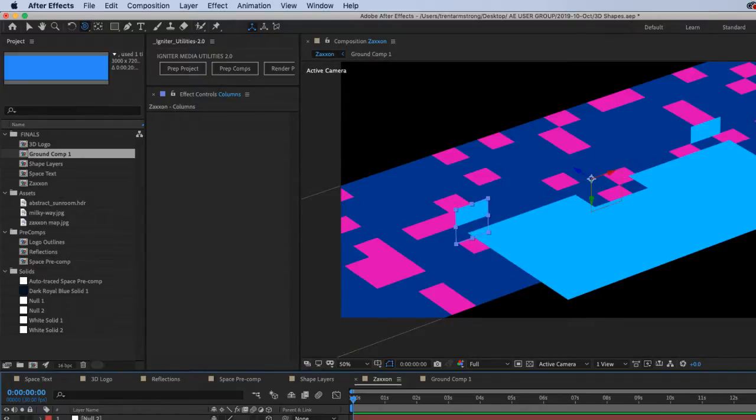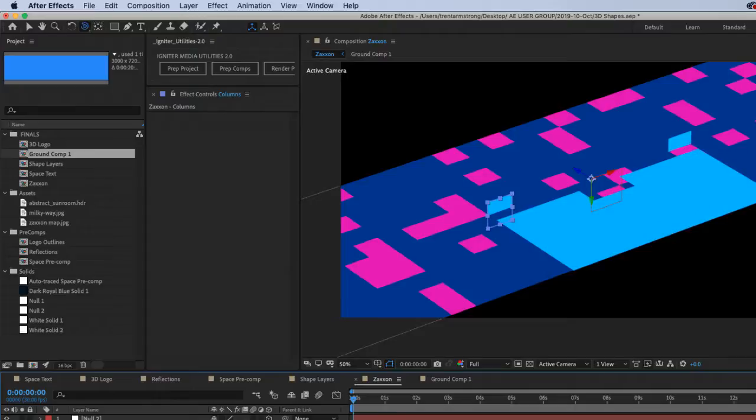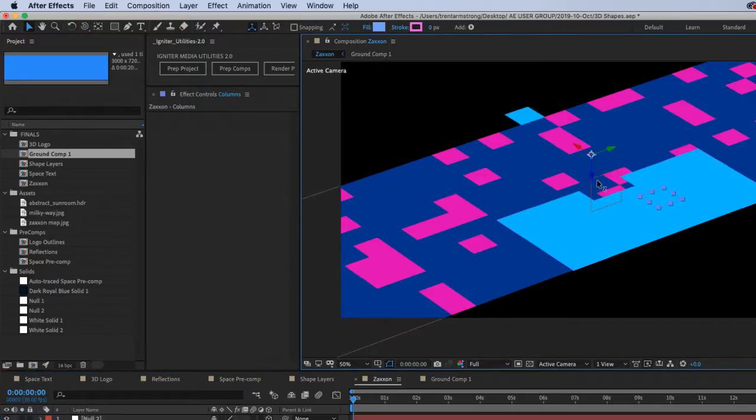Walls. So I'll take my columns and they need to rotate like that. And pick them up away.